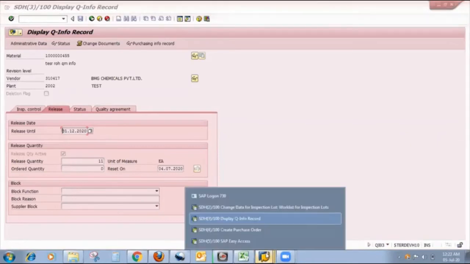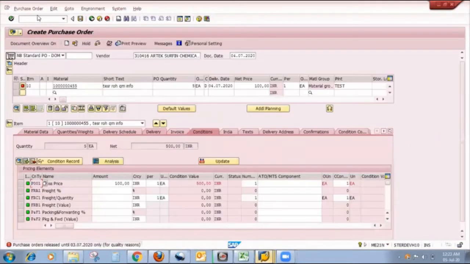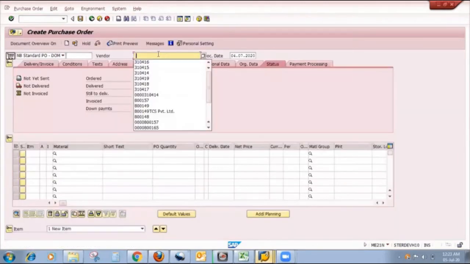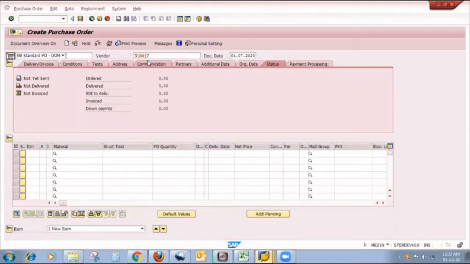So I will show you by creating one purchase order. The code for creating a purchase order is ME21N. Here is my vendor, 310417. Here I maintain some mandatory data.